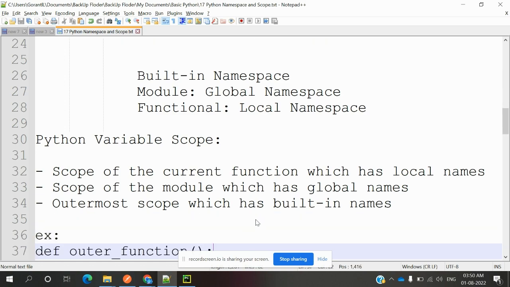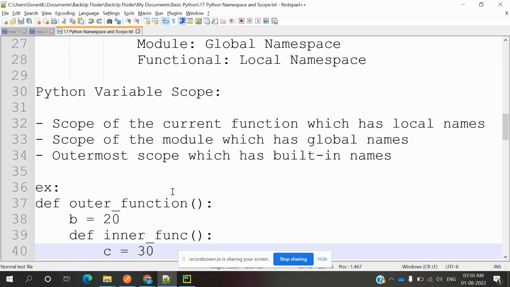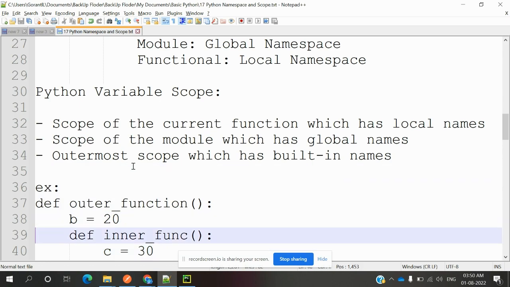Variable scope is nothing but the scope of the current function, which has local names, the scope of the module, which has global names, and the outermost scope, which is the built-in namespace. The simple example here